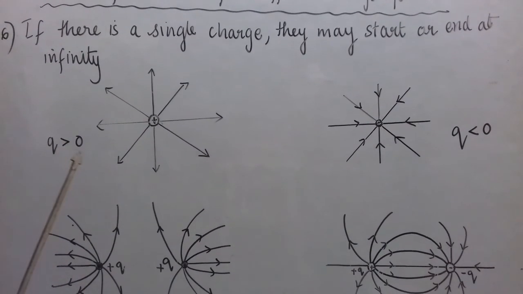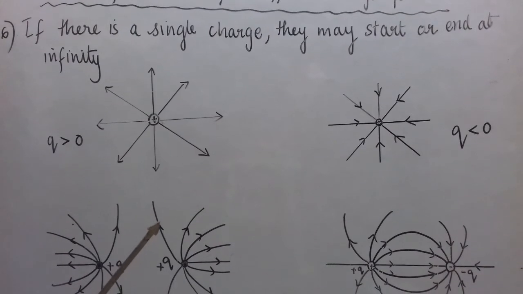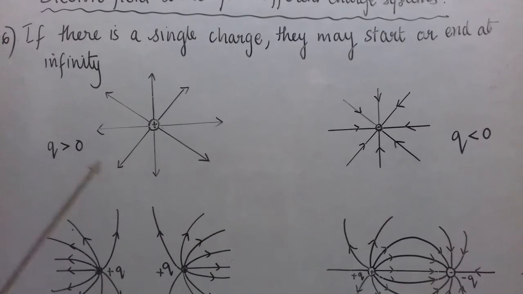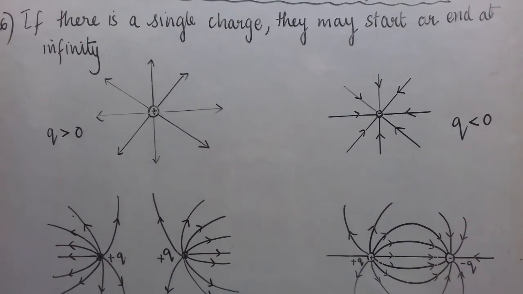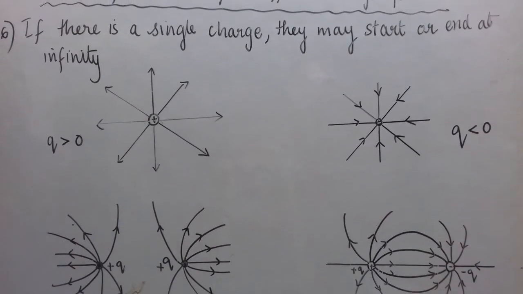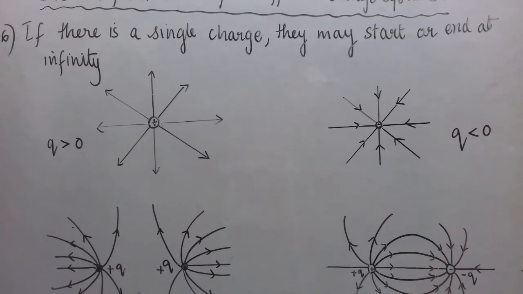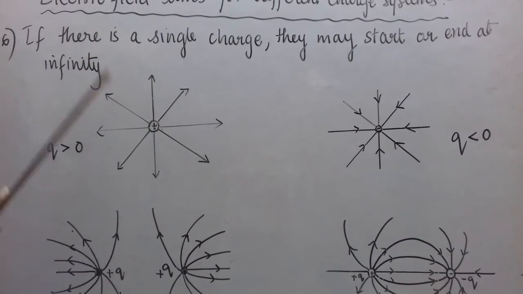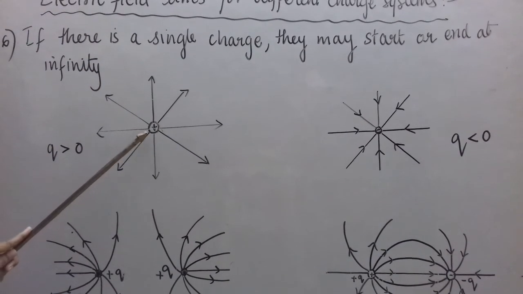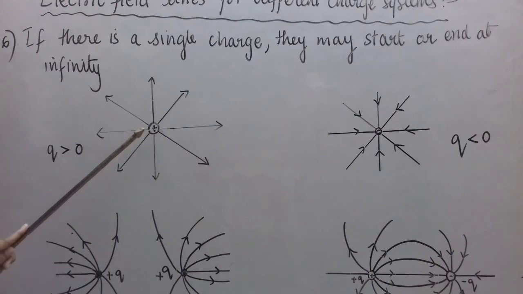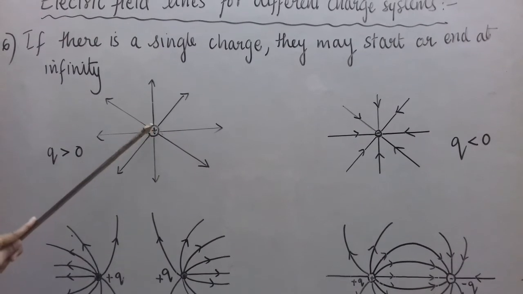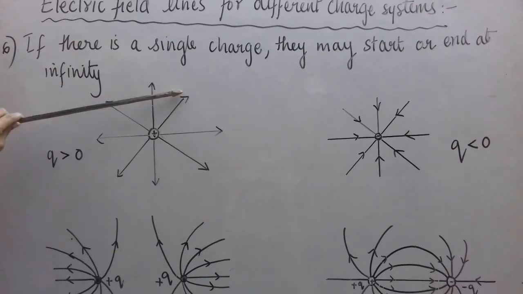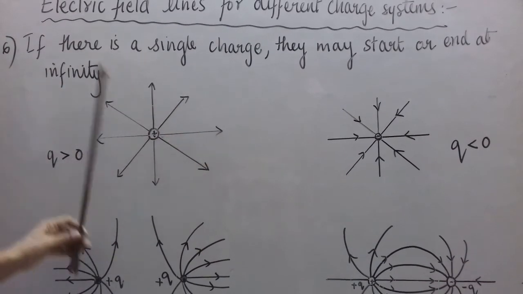I hope all the properties are now covered and the topics are clear to you. You should remember how to draw the electric field diagrams. You should remember the definition of electric field. You should remember the properties of electric field. And also one property was that field lines start or end at the surface of a conductor perpendicular to it. It means if this is a surface, from here they arise perpendicular. If I draw a tangent here, the lines are perpendicular to the tangent at that point.